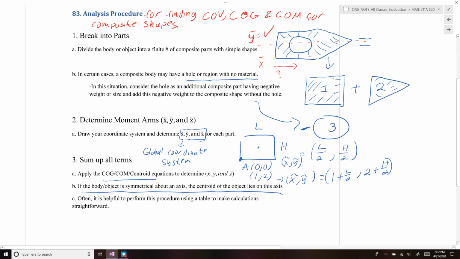And then I would recommend that when you do your calculations, to make it easy to review, you use a table to calculate it. And if you're doing this at home, or doing your homework, I would definitely recommend that you use Microsoft Excel to check your work. All right, it makes it really easy to subtract and add a lot of different composite shapes. All right. So in order to make your life easier,